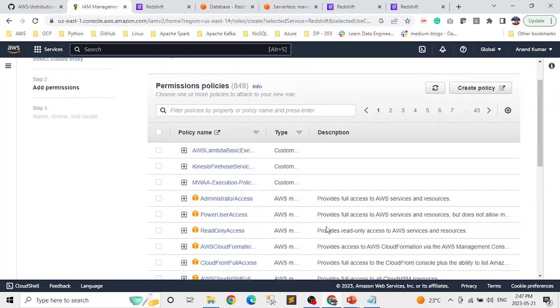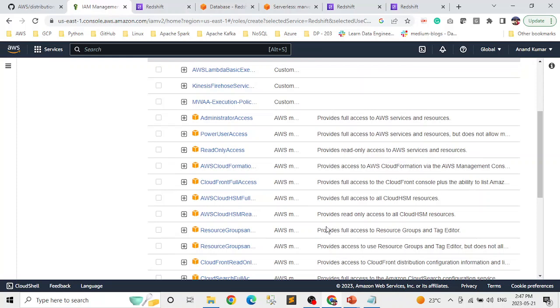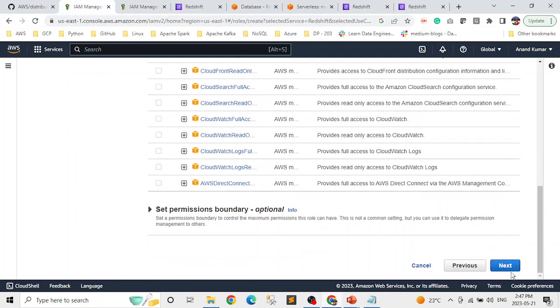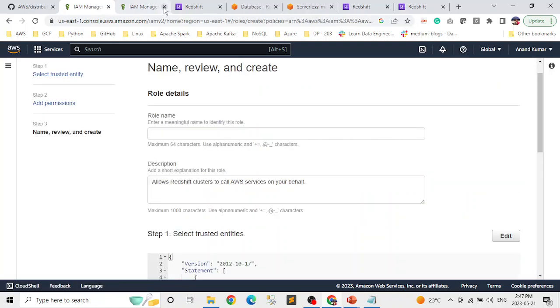And you can see there are various policies which we can attach with this role, and I'll do power user, which provides full access for AWS services. So just click on this, then click create policy. Sorry, my bad. Next, you don't have to create policy, we are using an existing policy. Then we give it a name, so give it some intuitive name. So for example,